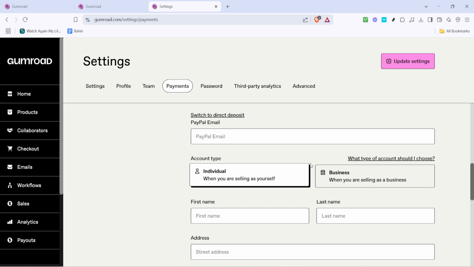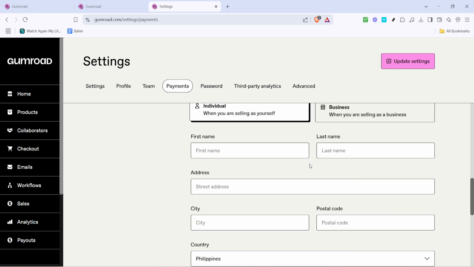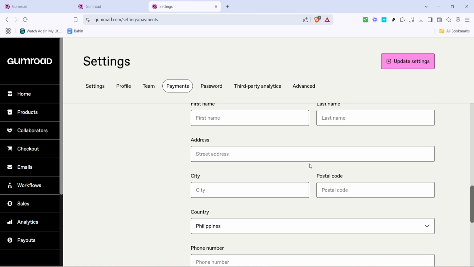To recap, the easy steps involve navigating to Gumroad's homepage, logging in, accessing settings and payments, and finally adding your PayPal details. Taking a few minutes to configure these settings accurately makes your payment process through Gumroad and PayPal smooth and efficient. If at any point you feel uncertain, remember that you can revisit these settings and make any necessary corrections. By following these steps, you can effortlessly integrate PayPal with your Gumroad account and focus on what matters most,